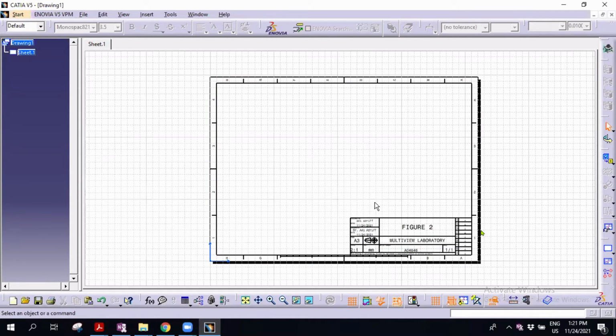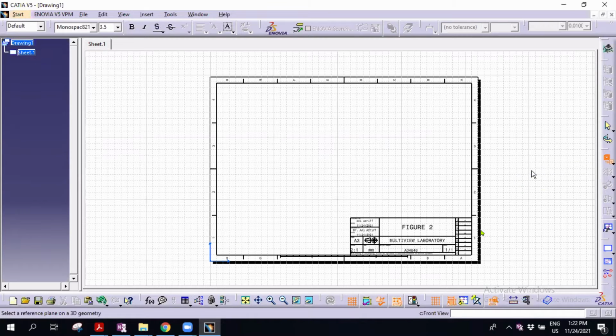So now you are in the working view. This is on the right side. You have the projection. For example, you have this front view, unfold view, view from 3D, isometric view, and advanced front view. As a practice, normally we start with a front view here.